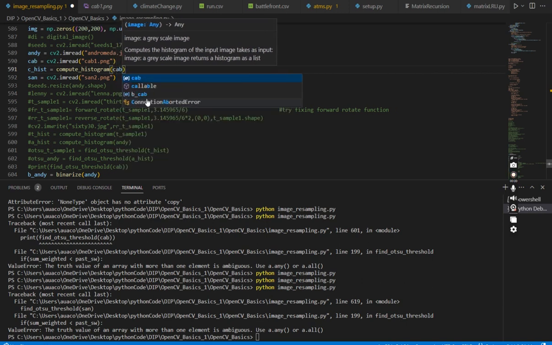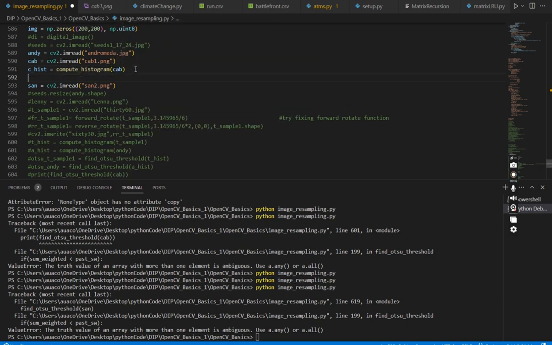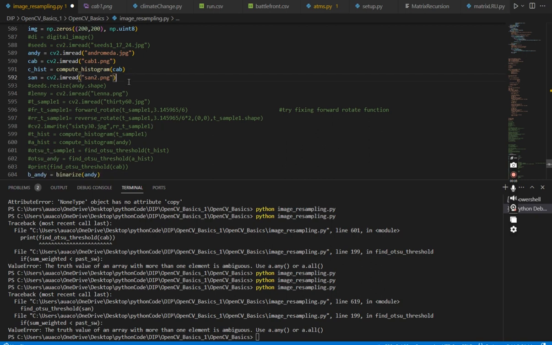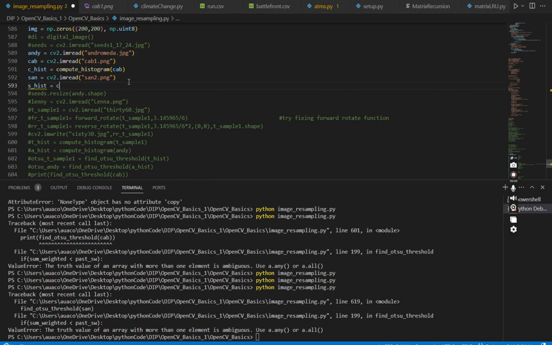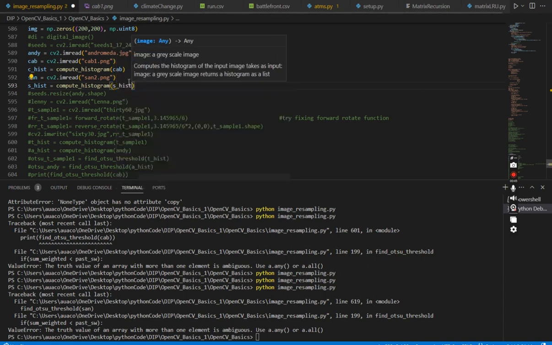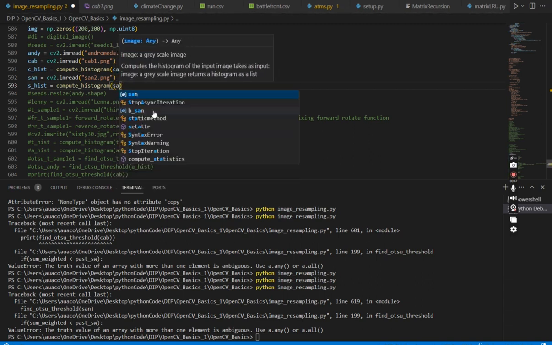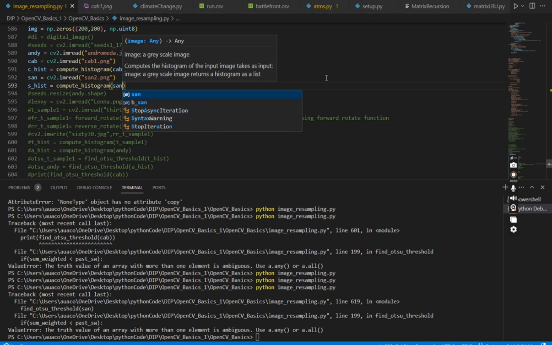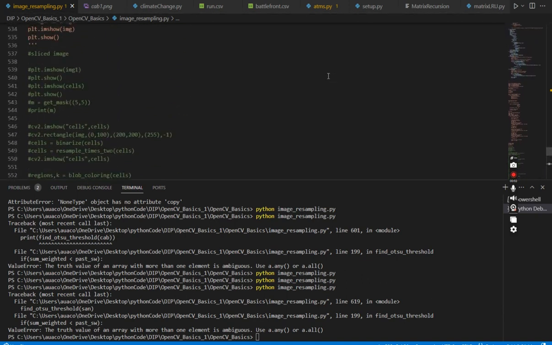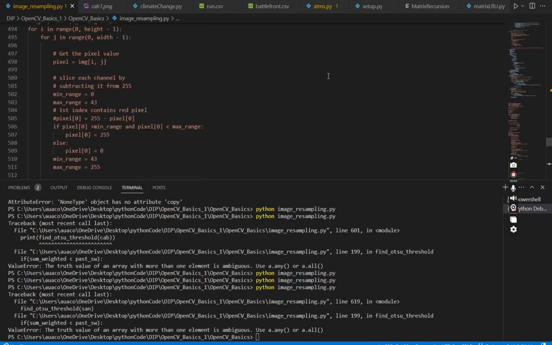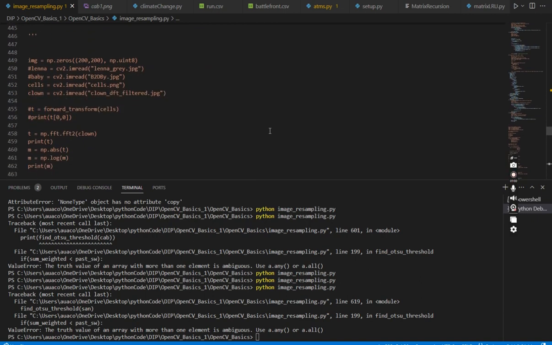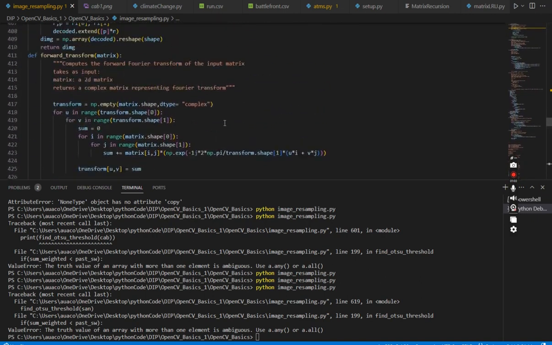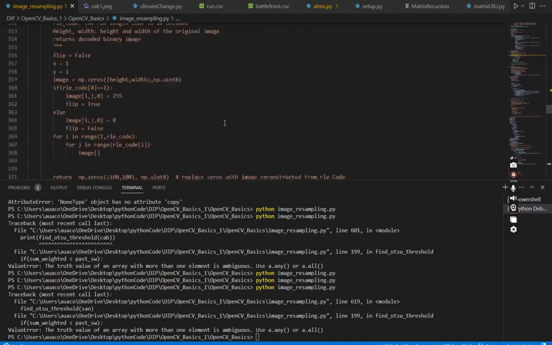Let me first input the calls right here. I'll show you compute histogram as a function. This function requires PLT as an imported library. It will also display a graph at the end. So forward transform,